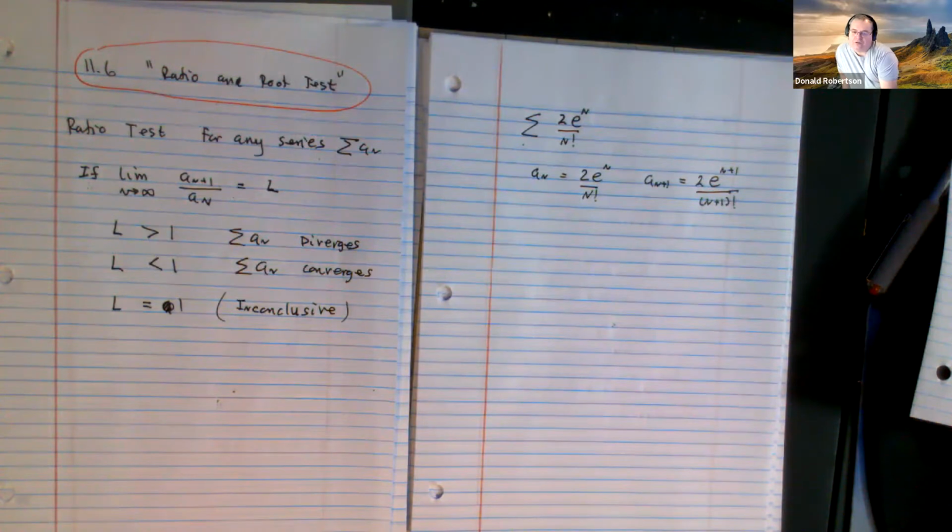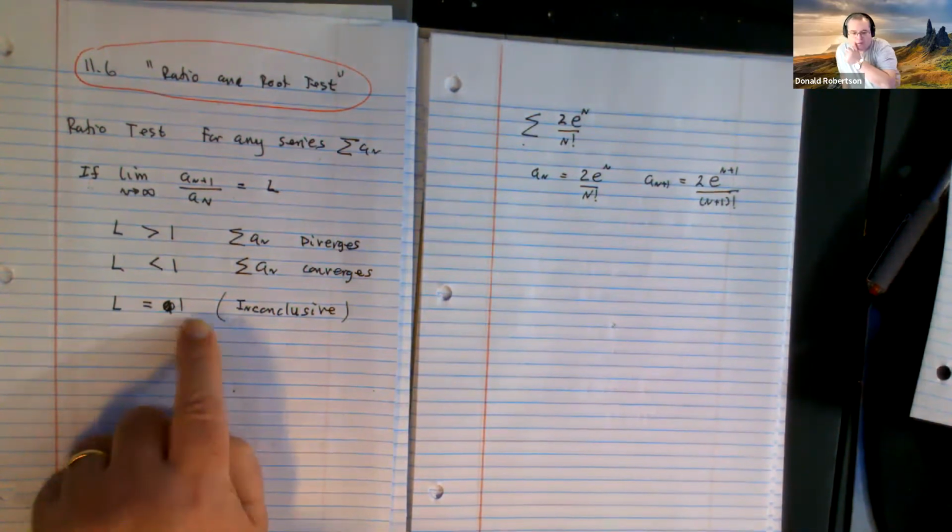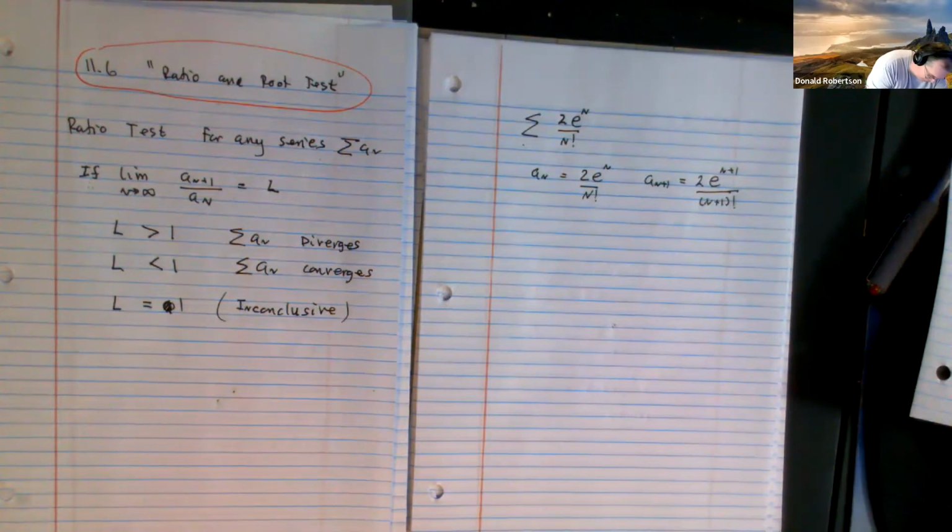If you see things with 2e to the n in it, e to the n in it, things like that, the ratio test is a candidate, right? If you have a series that only has polynomials in it, like n cubed and n squared, the ratio test is probably not going to be your friend, because if you use the ratio test, you almost always get an inconclusive. It's not that you couldn't do the test, it's just you don't get an answer when you're finished. It tends to be inconclusive. So use the ratio test